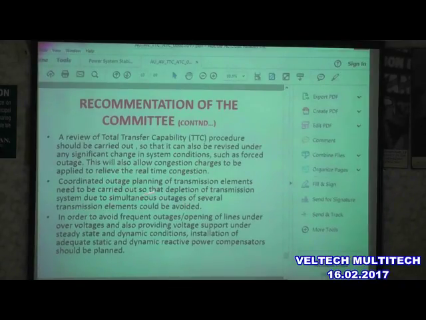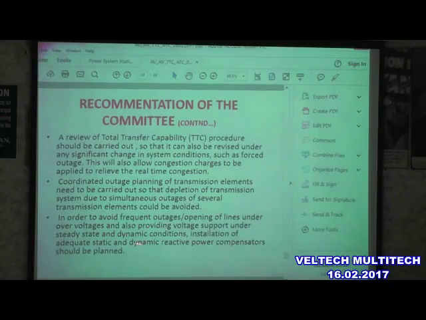Now we also do coordinated outage planning of transmission events. This has to be carried out for all the transmission lines, and several outages have to be created simultaneously to see which line gets overloaded during outage. So you do that study beforehand, before you put it up. You don't always expect these lines to feed. In case of emergency, when this trips, you have to have a sufficient backup for the next one to come into existence. So to avoid frequency outages, opening of lines under over voltages, and also providing voltage support at